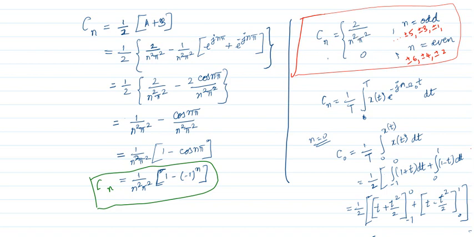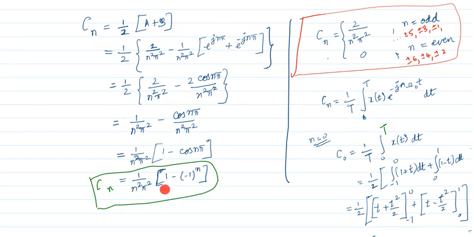But we do not know what is going to happen for n equal to 0, right? This is the expression for Cn. If I put n equal to 0, e power 0 becomes 1. So C naught is equal to 1 by t, integral of x of t dt. We have to solve this to find C naught, because for odd numbers we know, for even numbers we know, but 0 is neither an odd number nor an even number. Another reason: if you put n as 0, this becomes infinite, which is not practically possible.